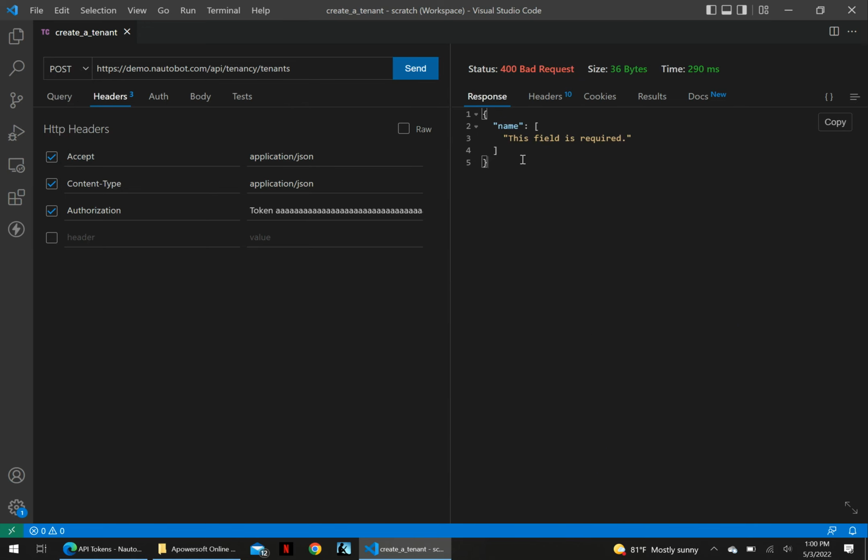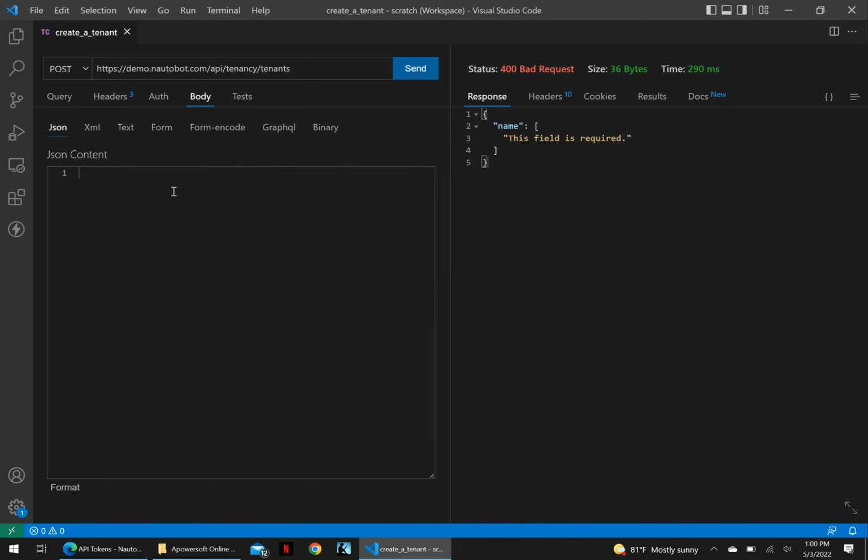We actually get a response back that says that the name field is required. So what we can do is go to the body tab over here, and this is where we can actually pass data to the server in our API call. We can enter it in JSON, XML, GraphQL, and so on. Let's build out our JSON data. We're just going to start off with a curly brace, and then we'll say a name, and we'll just call it some new tenant. And now if we hit send,